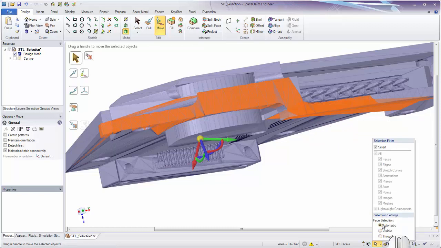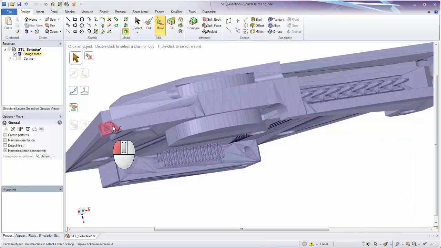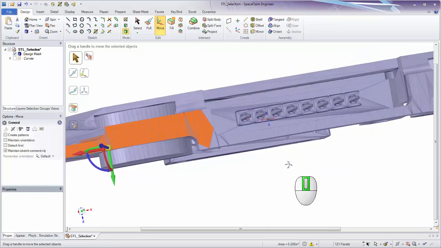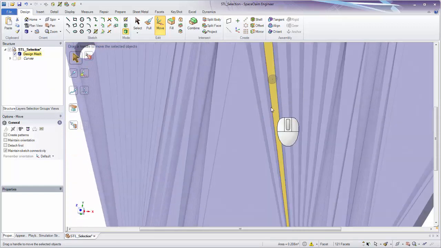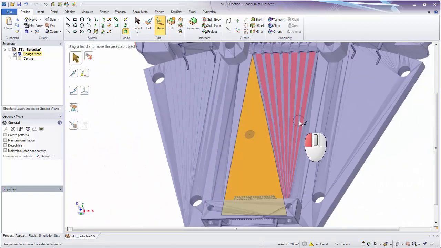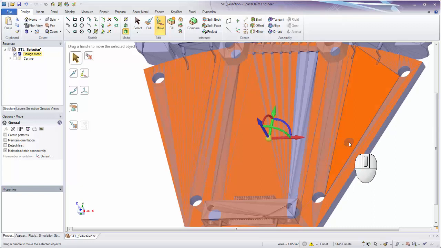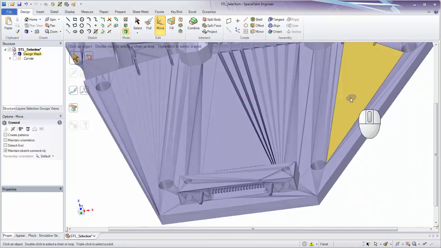Again, this automatic, visible, and through applies. So if I change it to visible, I now have more control over what I'm selecting. But this could be very useful if there's a bunch of facets you want to select that are not on the same plane as each other. Maybe the double clicking doesn't work. This paint select is very useful for scan data because very often the facets on scan data are not planar